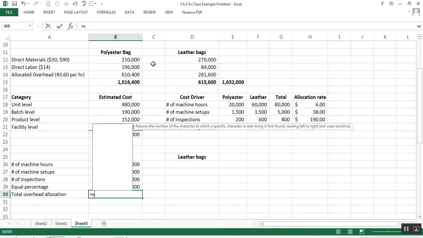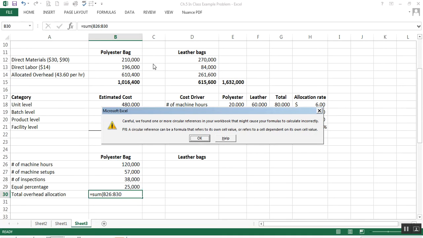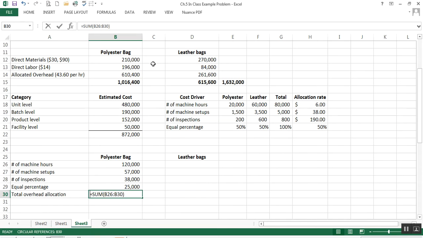And here we're going to get a total overhead allocation of $240,000. Do you think leather bags is going to be higher or lower than that? Let's see. So now we have, again, $480,000 is the total cost. Sorry,